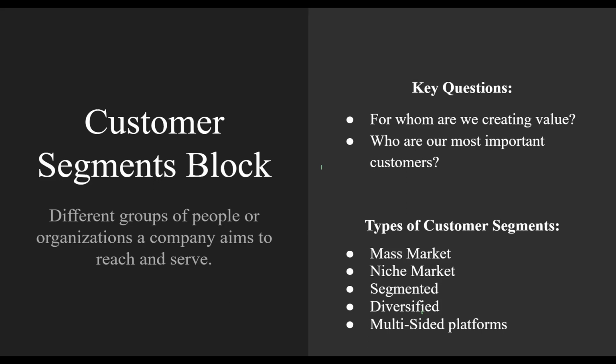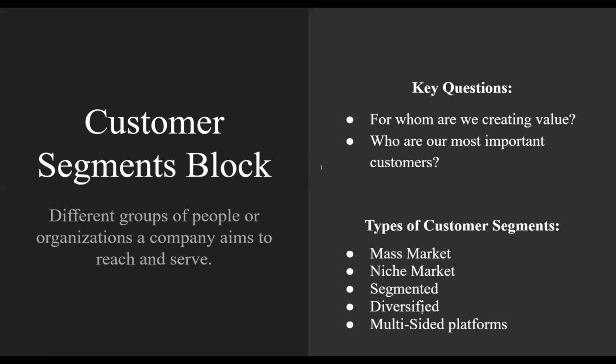In most business model canvases, there are specific types of customer segments, and if you cannot identify specific customer segments while doing your canvas, you could choose one of the customer segments that I have written down. As you can see on the right part of the screen, you can choose the mass market. You can say a mass market, like general people all around the world or in your country.